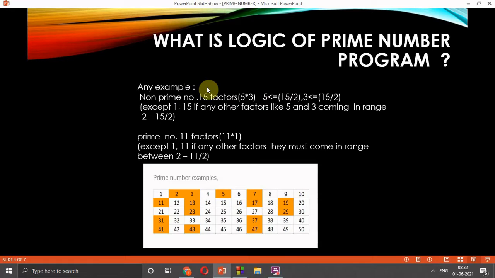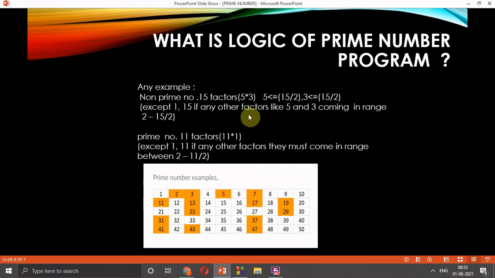The 15 is the number which we are considering here. So 15 by 2 is nothing but 7.5, which is nearly equal to 8. 5 is a factor of 15 and it is less than or equal to 8. Here 3 is again a factor of 15 which is again less than or equal to 8 or 7.5.